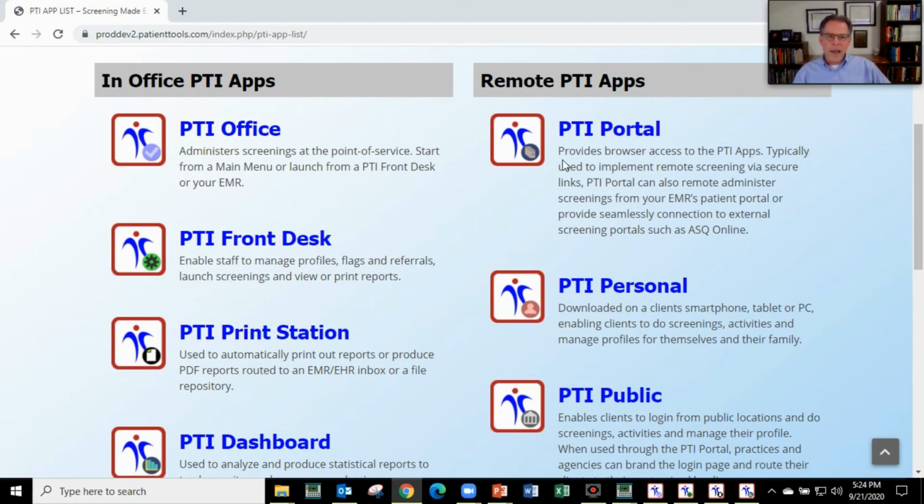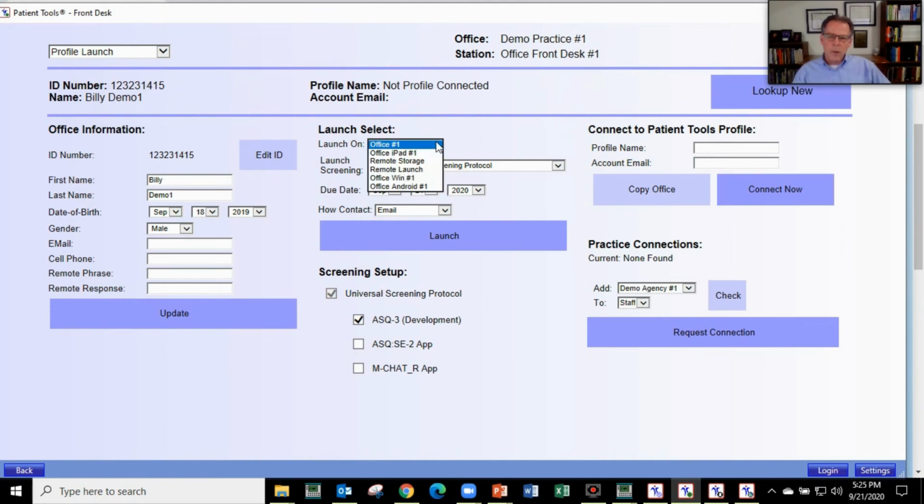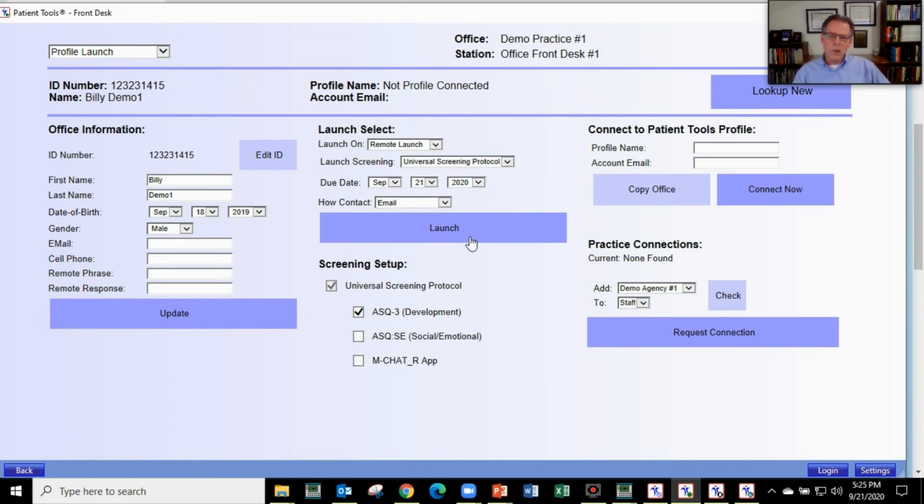And the last feature I probably want to show you is on that front desk. One of the cool features that we just added recently is the ability to go to, say, a remote portal, so you can do a remote launch. In this case, you're going to have to give it an email address or a text phone number or something like that. So we'll just use mine. And remote launch, ASQ3, so we're good to go. We push that out,